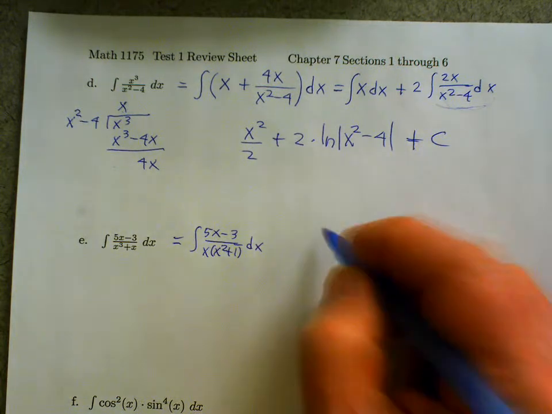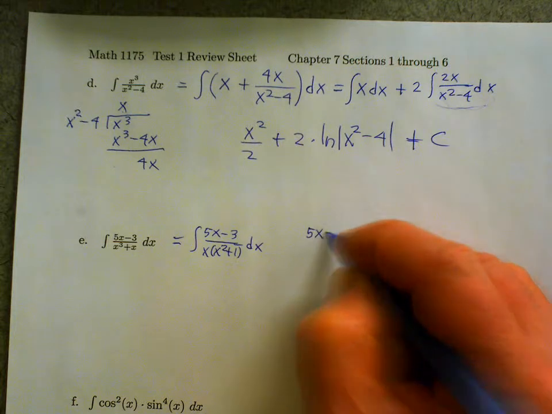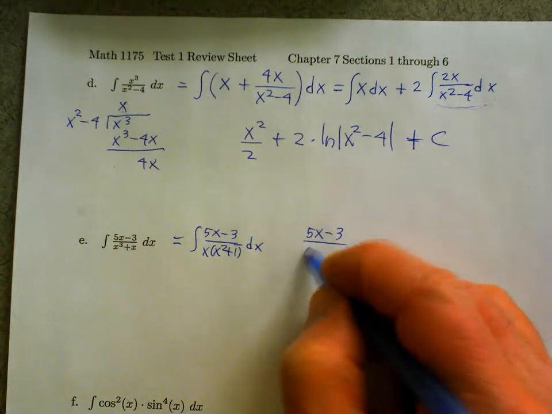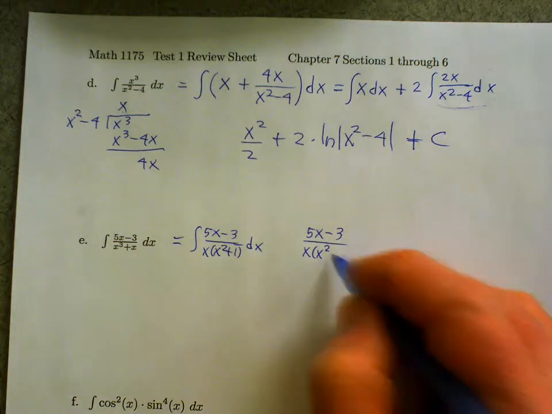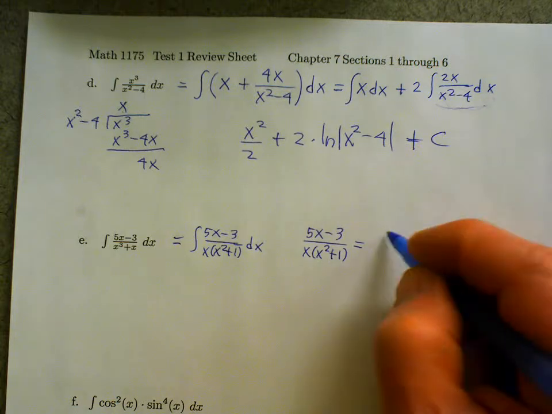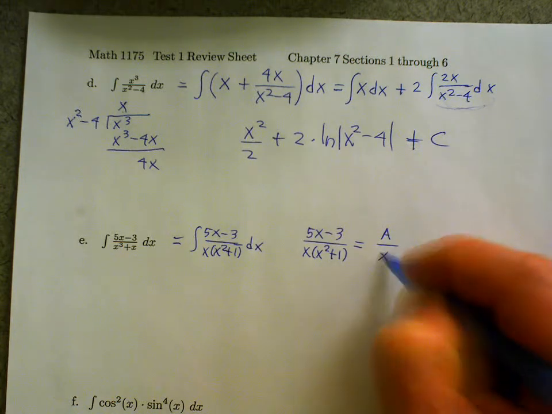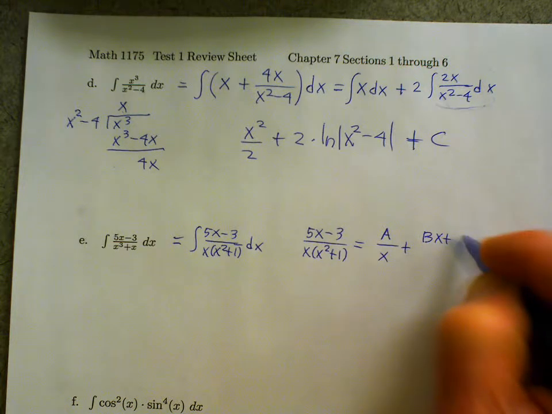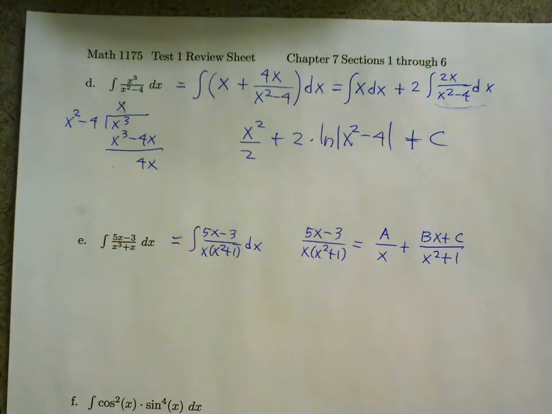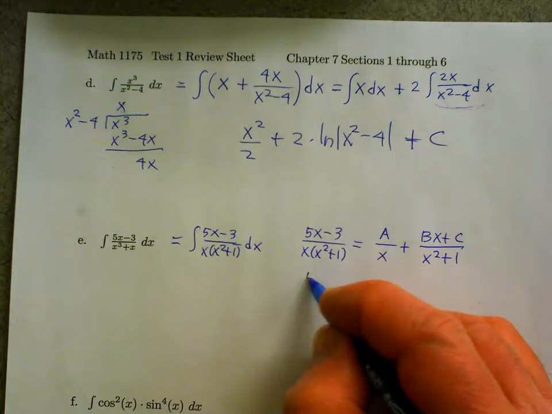So over here on the side, we'll look at the expansion, 5x minus 3 over x times the irreducible quadratic factor x squared plus 1. So the partial fraction expansion will have the form a over x plus bx plus c over x squared plus 1. If we clear denominators, multiply every term on both sides by x times the quantity x squared plus 1, we'll get 5x minus 3